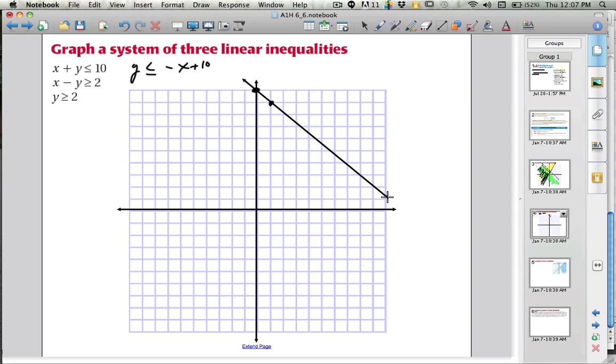So about there, looks good. And I know I'm just going to indicate which side I would graph. I would be less than, so I'd be graphing on this side. And I'm not going to shade until I know the exact area that is the solution. Now here I have